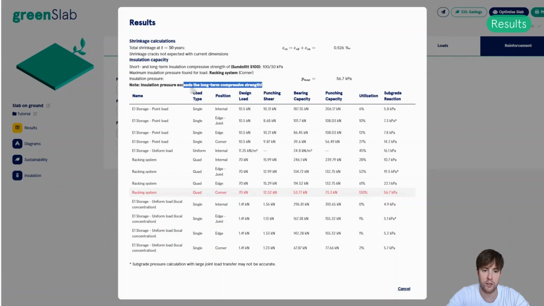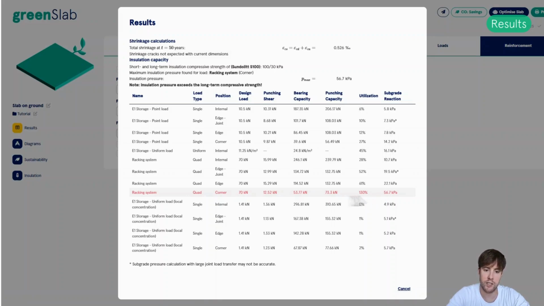So the program will actually say here that your maximum pressure exceeds the long-term compressive strength. This might be okay if this load had been a short-term load, let's say from a truck load or something similar. It would perhaps be all right that the long-term compressive strength was exceeded.